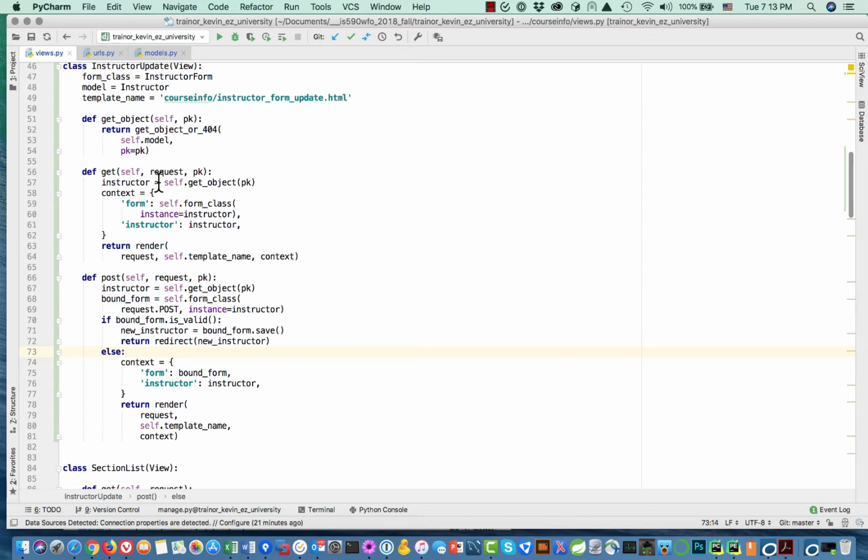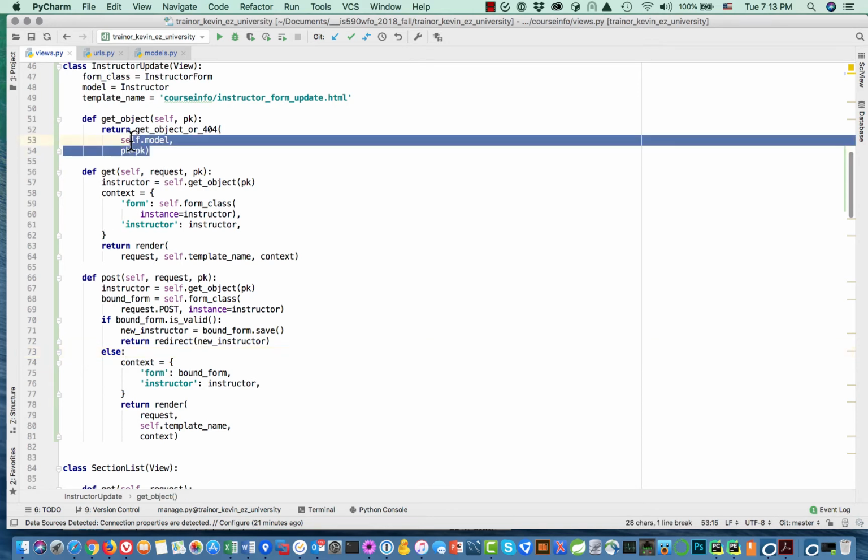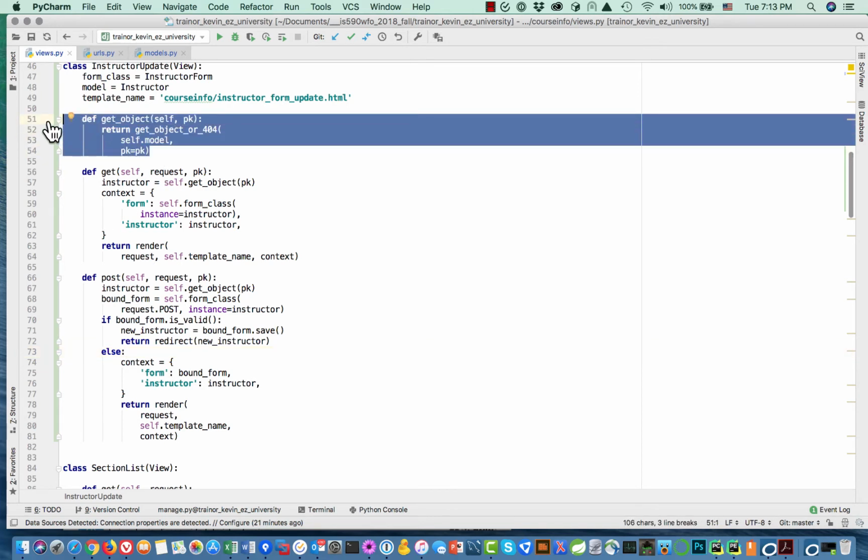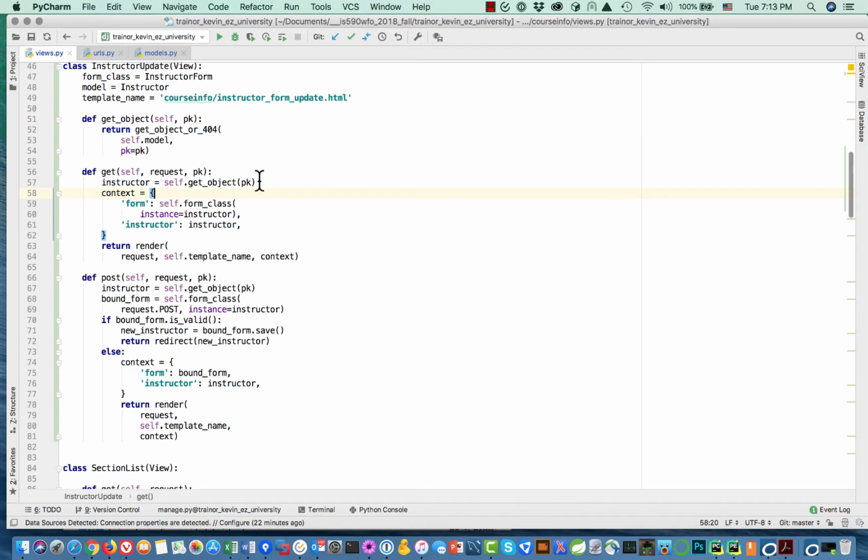Okay, so this is common code that's going to retrieve the instructor instance, and we call it as the first line in get, and we call it again as the first line in post. Okay, so we've factored out common code, good